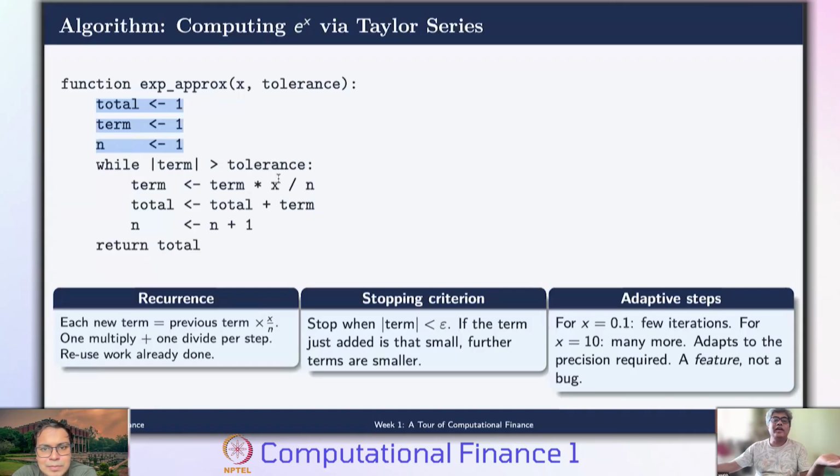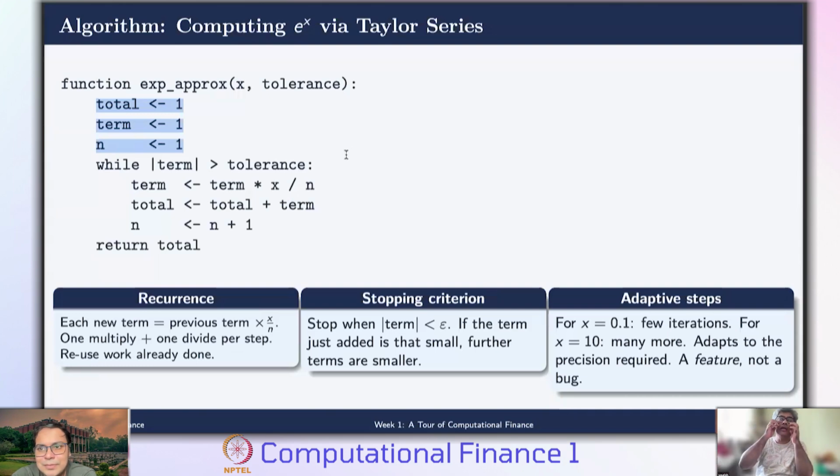Once n crosses 5, after the fifth iteration, x by n becomes less than 1, and as n keeps increasing, x by n becomes smaller and smaller, and after quite a few iterations, x by n will have no effect on the term,